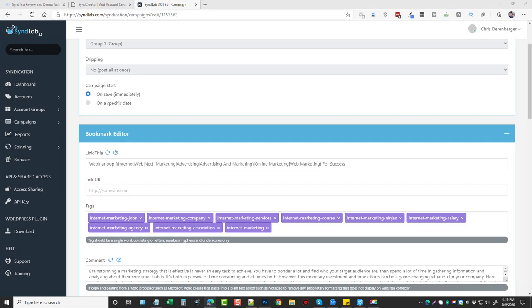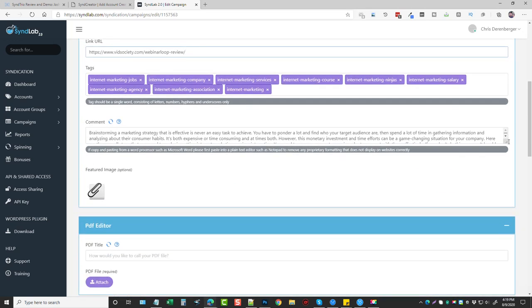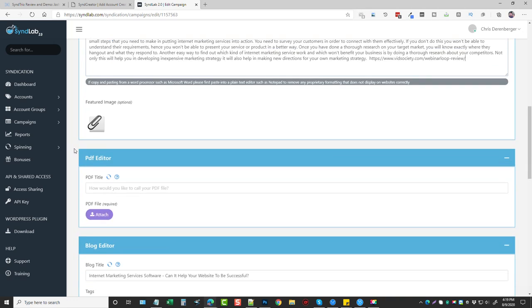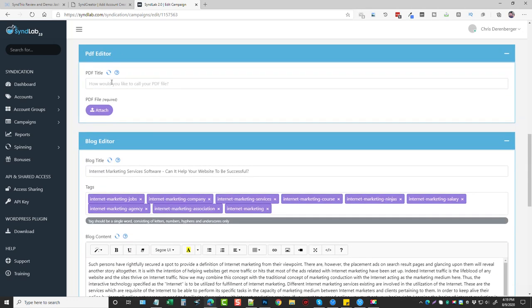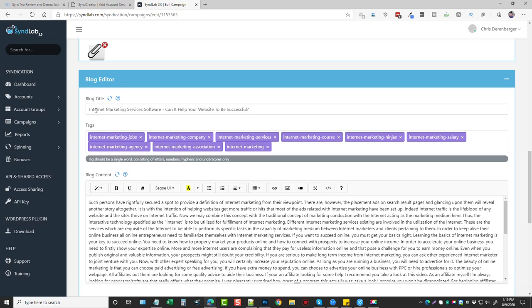And then I'd want to go back and copy the link for my website, paste it in here, and then we can go down to the comment section. If you want, you can add your link in here somewhere. The PDF editor, so if you created PDF accounts, you can title it. We'll do webinar loop review, and then you would select your PDF file, and then you'd go down to your blog section,